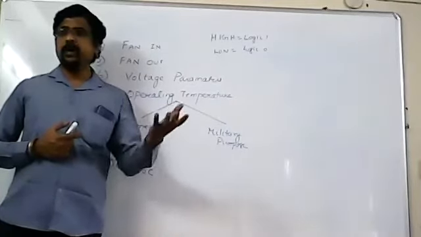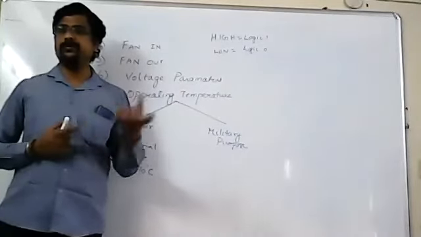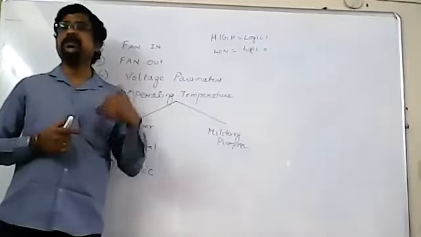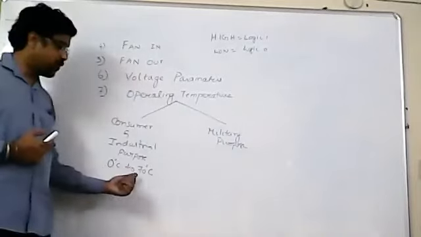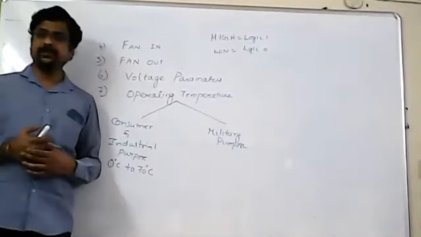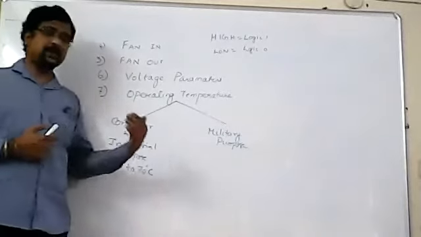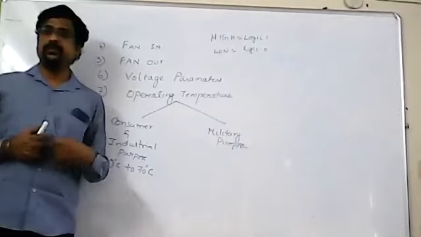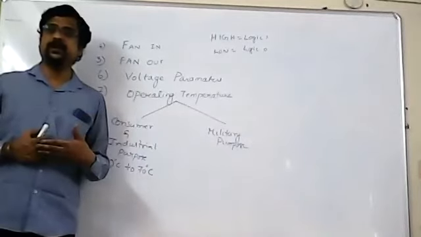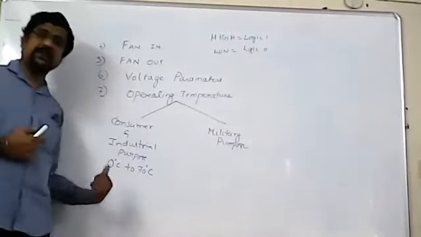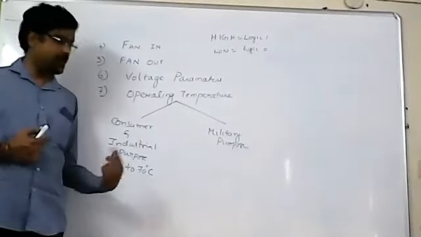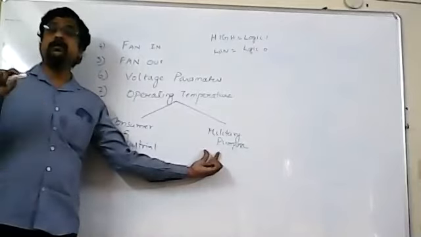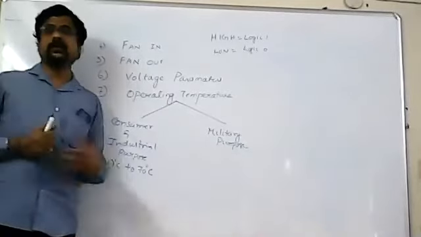Hot in the sense, if a war is taking place, due to the bombarding of all the missiles, bombs, explosions, what happens? Their temperature will increase. That means it will go beyond 70 degrees. And sometimes the war takes place in very cold regions where freezing point is there. That means it is less than 0 degrees. So under that condition, if I use the same ICs in the military purpose, it may malfunction.